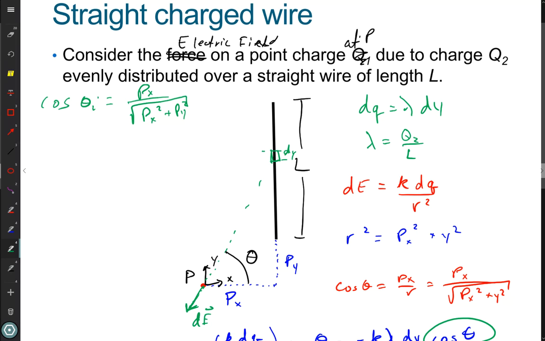That's my initial. And if I wanted cosine of theta final, instead of py, I would have py plus l in there. So py plus l quantity squared. So I find those values directly from my picture for putting in the limits. Okay,